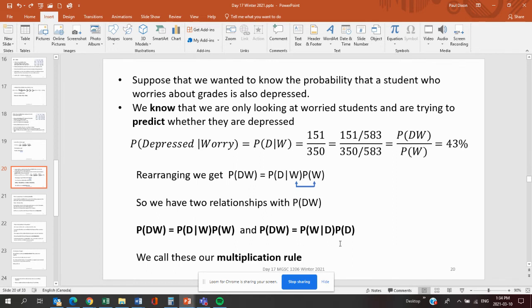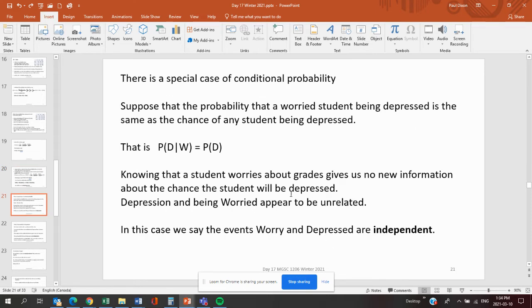So there are other ways of doing it, like pulling it out of the table, or sometimes we may have to build a table. We'll get to that. There are some special cases. A particular special case is called independence. So if the probability that a worried student is depressed is the same as the probability of any student